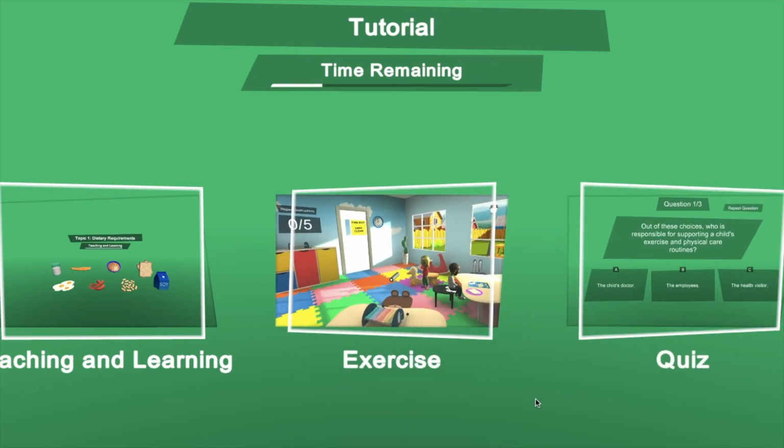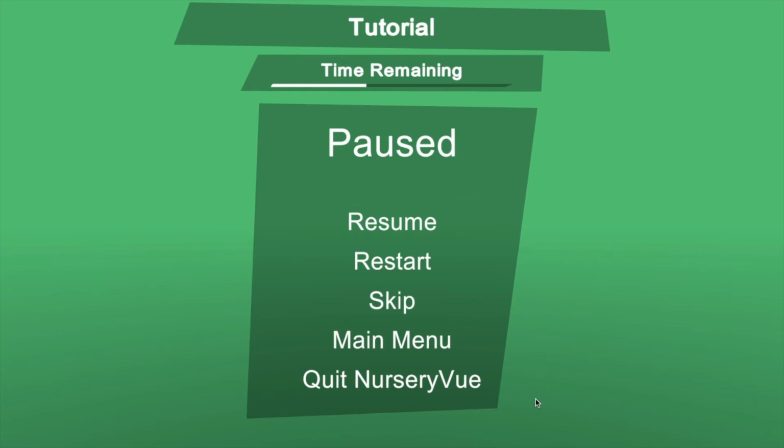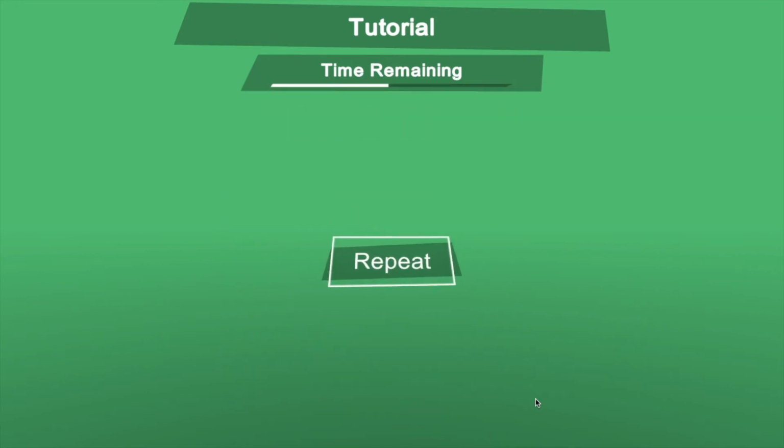To interact with an object or button, simply aim at it with your mouse and click. At any time, you can pause NurseryVue by using the Escape key. From here, you can choose to resume the section, restart the section, skip to the next section, or return to the main menu. There are also repeat buttons throughout the sections in case you wish to replay any missed information,